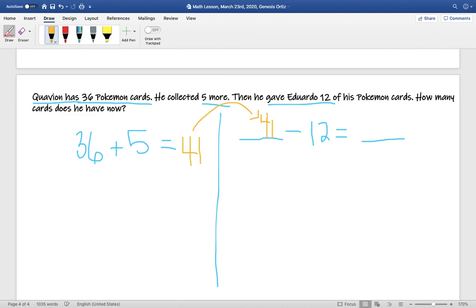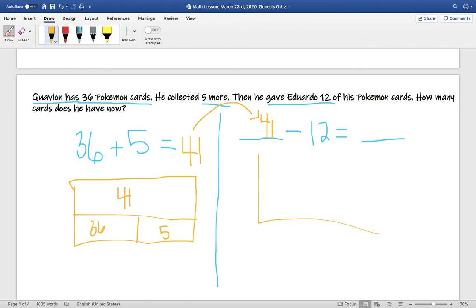So let me remind you that although I did not do it, you need to show your work here and draw your unit bar. And remember, since this was an addition problem, you had your 2 parts, which was 36 and 5. And then we got the answer 41, which is your whole. Then we brought that whole over. So now we have 41 minus 12. And we have, this looks so sloppy, 41, which we learned is the whole, and the part, which is 12,